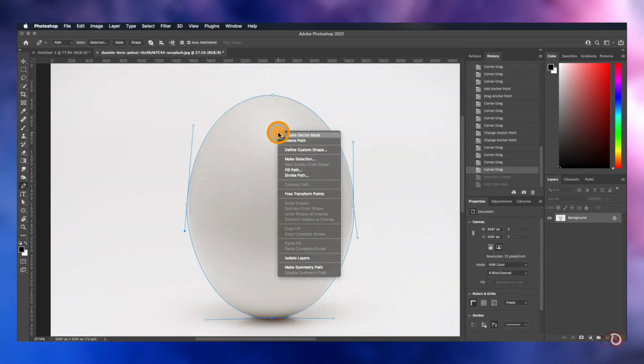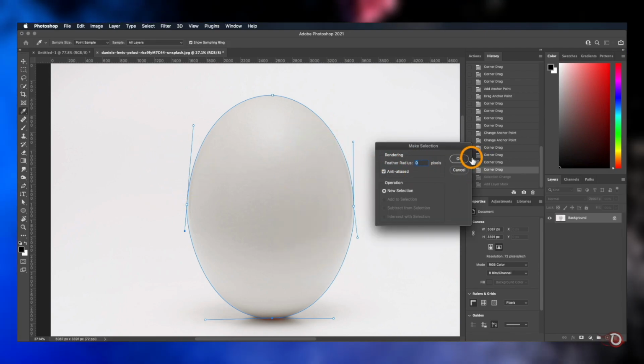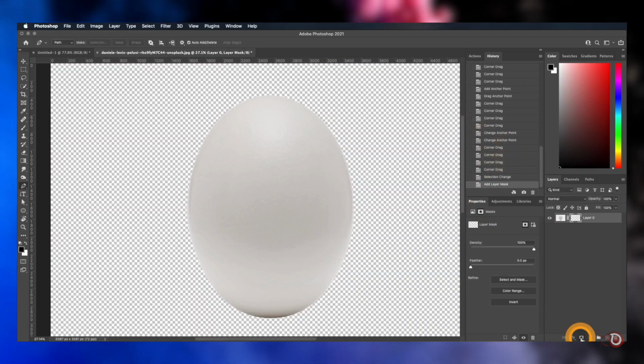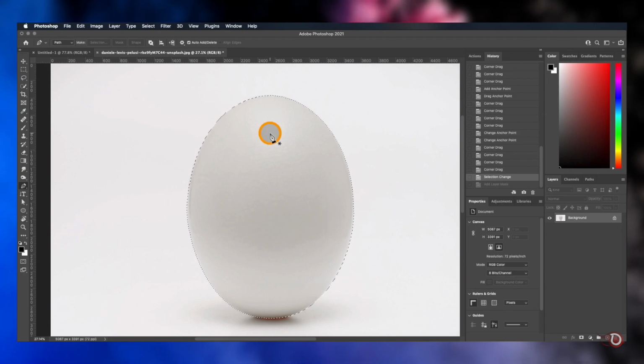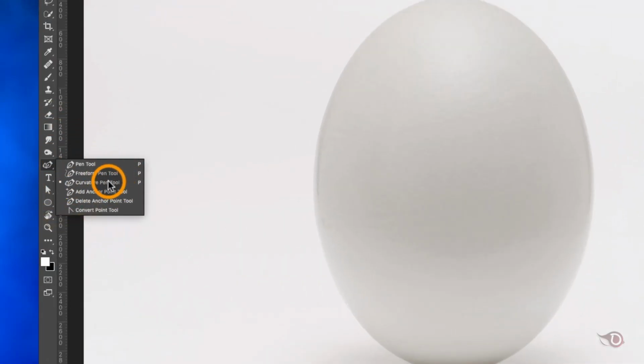Let's undo two steps, and again we have to make the selection. You can also do it by right-clicking inside the path and clicking here on Make Selection, and this time bring the feather value all the way down to 0 and add the layer mask, and now the edges of the selection are sharp. Let's undo again and press Ctrl or Command D to deselect,